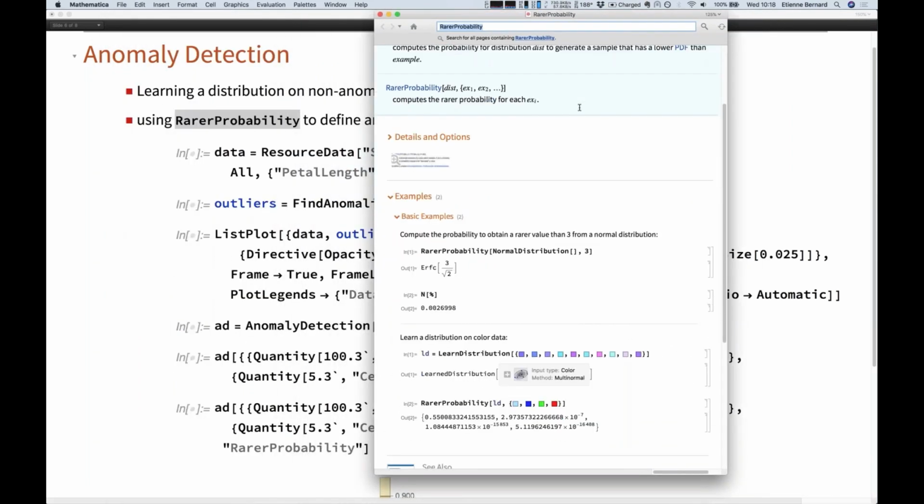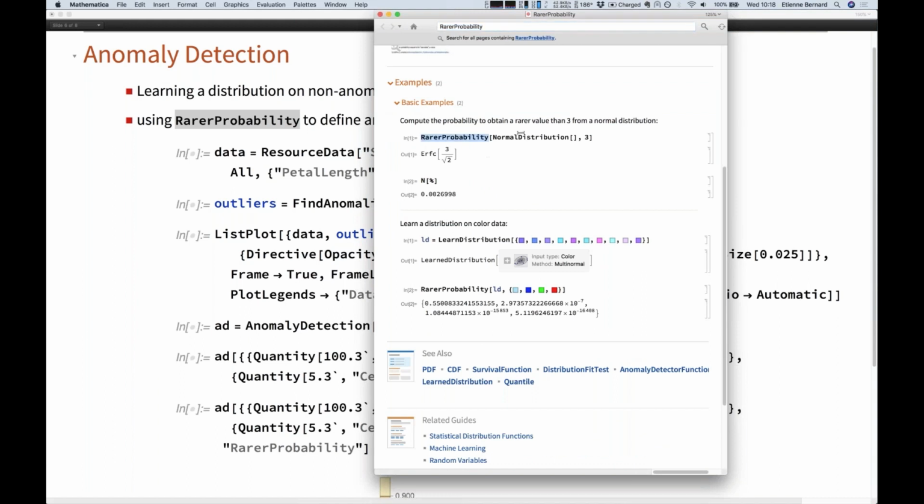So the idea of error probability is to ask, given this distribution and given this data point, how likely is it for this distribution to generate a sample that has a lower PDF than this data point. Okay, it usually takes a bit of time to wrap your head around that, but basically it asks how extreme this event is, how rare this event is. For a univariate normal distribution, this corresponds to the double-tailed p-value in statistics.